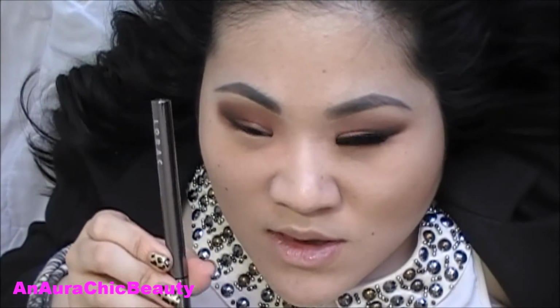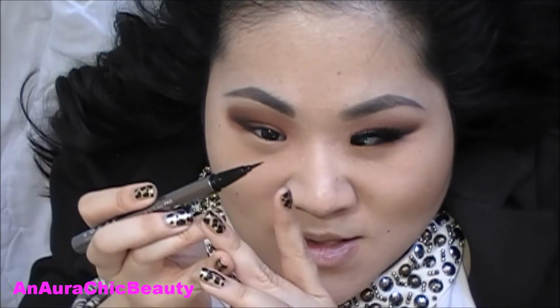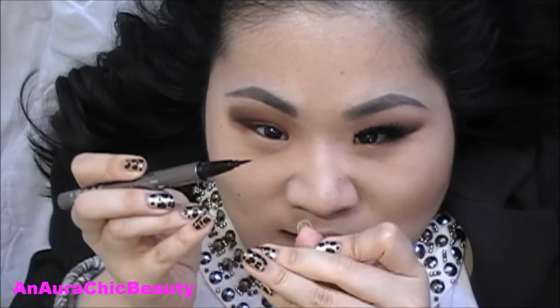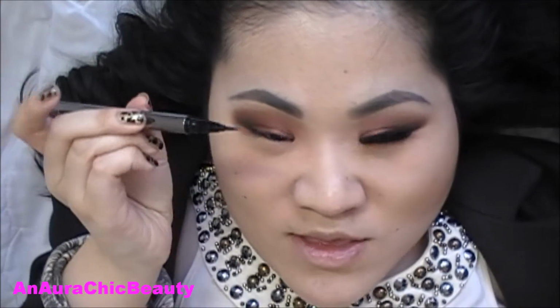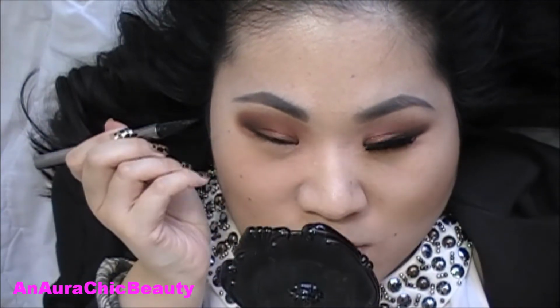To line my top lash line, I'm going to use LORAC Front of the Line Pro Eyeliner in the color Black. It's a liquid liner that is waterproof, smudge proof, and long wearing. And I really like the applicator because it's a brush, but it comes to a really fine point, so you can create thin lines or wing liners. So I'm just going to create a winged liner,